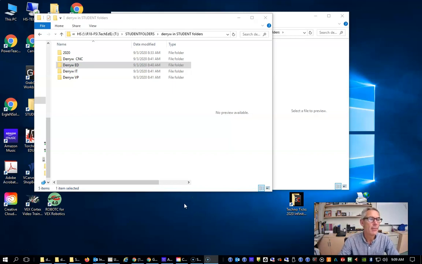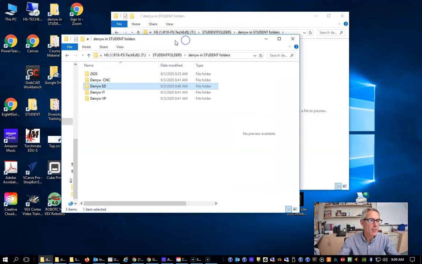Saving files can be a bit of a mystery on the school network, so I'd like to take a moment to review all of the options that you have with regard to where your file might go when you hit the save button. Microsoft has made it so that it automatically puts files someplace for you, and sometimes that's convenient